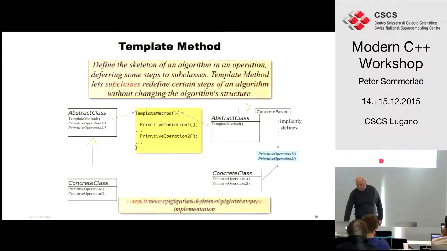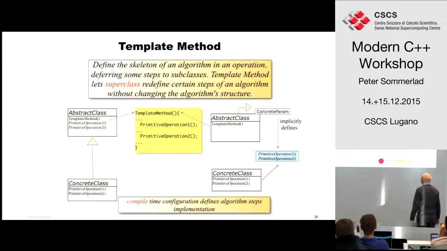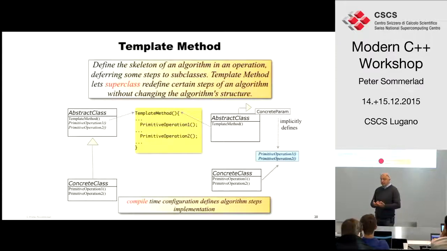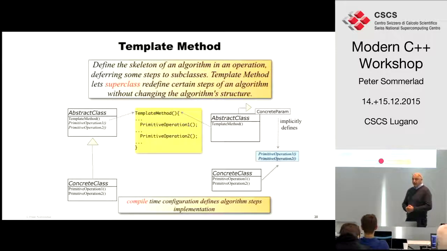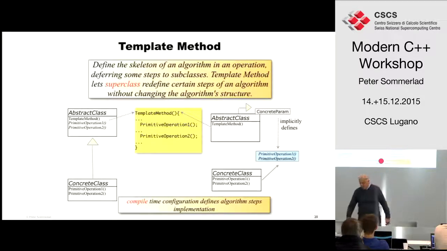And if we look closely, we can actually apply our curiously recurring template parameter pattern and have a compile time configuration where we implement the template method as a member function in a base class, which is actually a template class inheriting from its template parameter, and we provide our configuration at compile time as that class template parameter. Let me give you a code example for doing that.